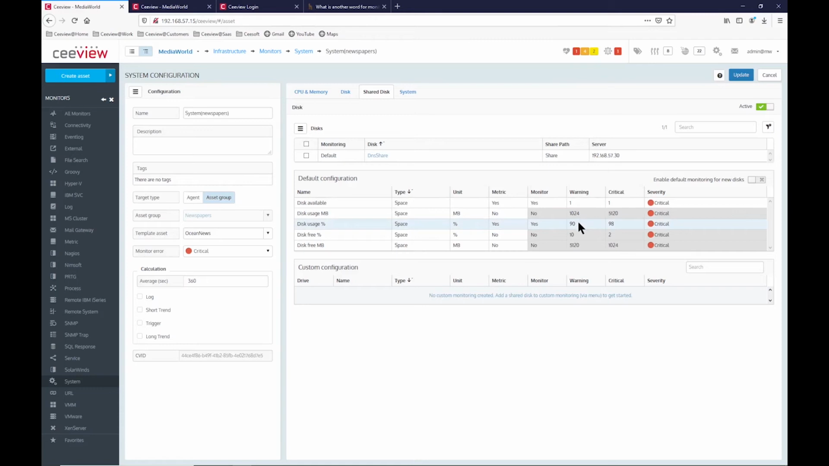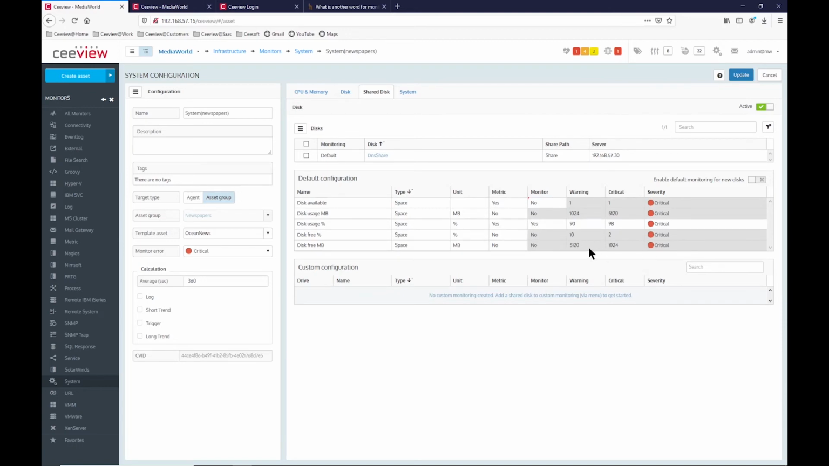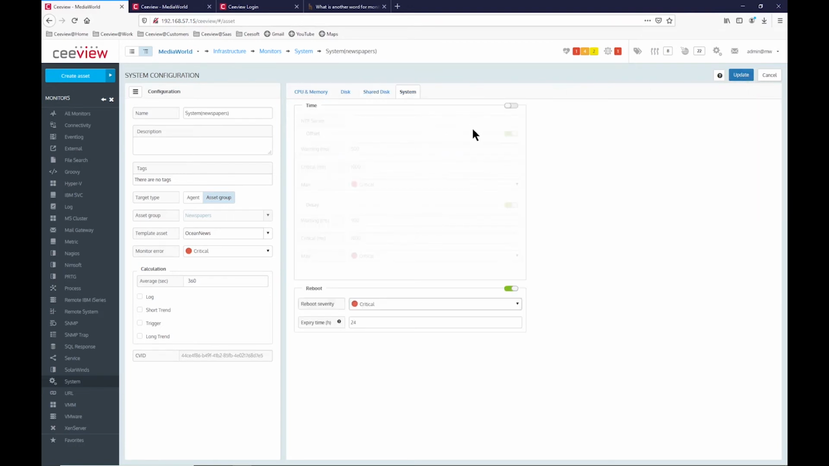We are happy as long as disk usage is less than 90%. That works fine for us, and let's just disable this one. That's whether the disk is available for monitoring at all, and we don't care about disk free either. Well, it was already turned off, so that's fine. Okay, and finally we've got the system